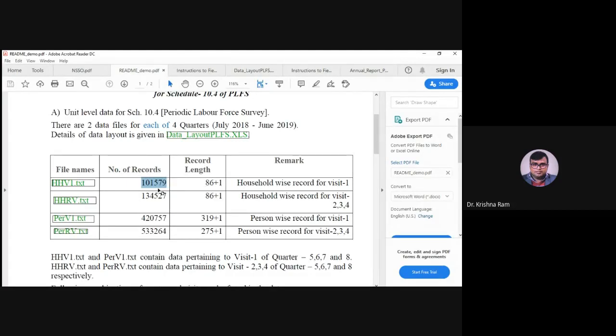So every time when we extract data, please match the number of observations with the number of records here. If you do the extraction properly, every time your number of records will match with your number of observations and with the readme file. But if you work